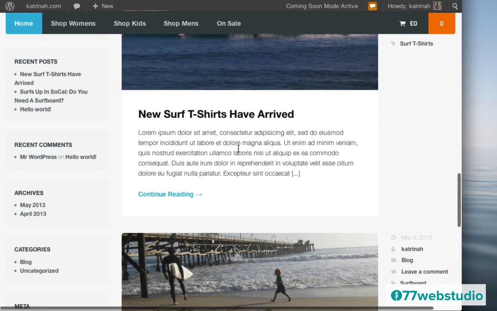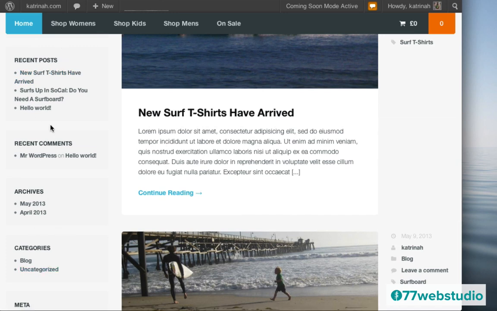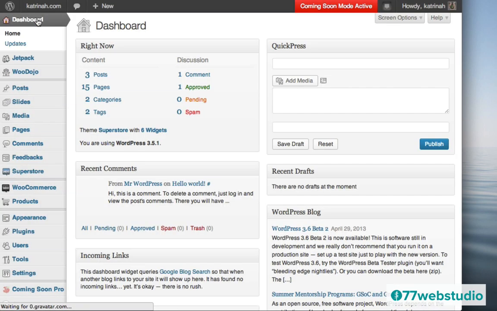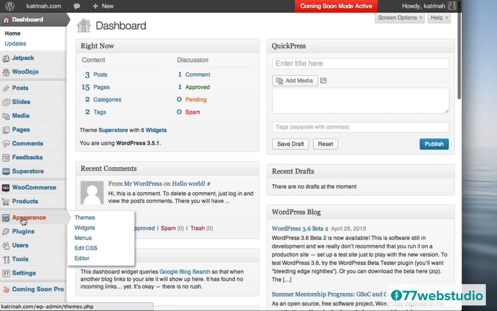So here we see that I still have some widgets that I need to have configured. So let's take care of the widgets next. To take care of the widgets, you want to go to the top left-hand side. You can either click on Dashboard to go to widgets, or you can go directly to widgets by clicking on widgets right here. I'm going to click on Dashboard. And then I'm going to hover over Appearance. And when you hover over Appearance, you'll see that Widgets pops up once again. So I'm going to click on Widgets right here.